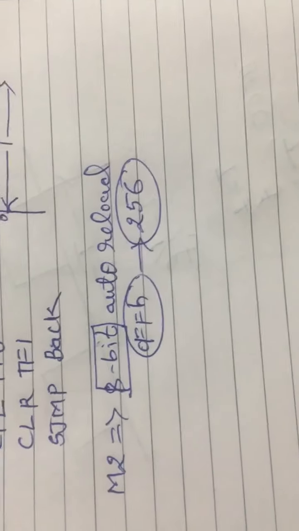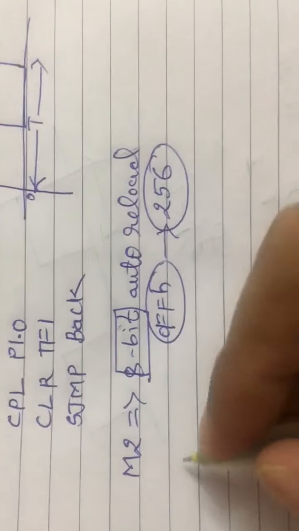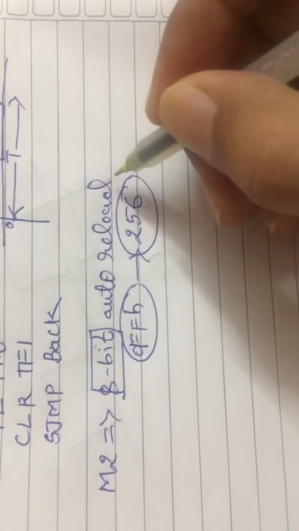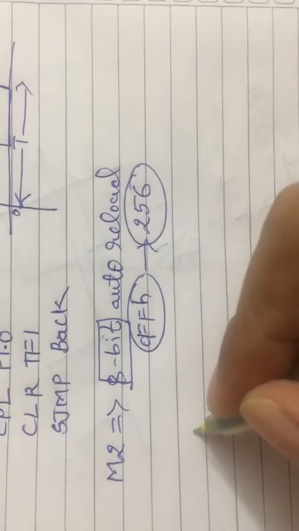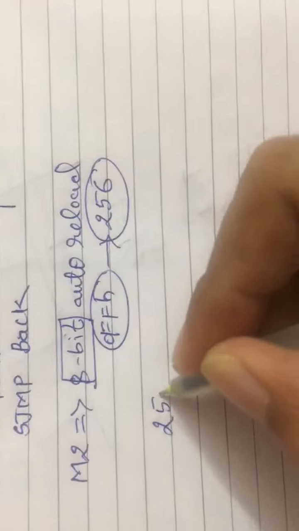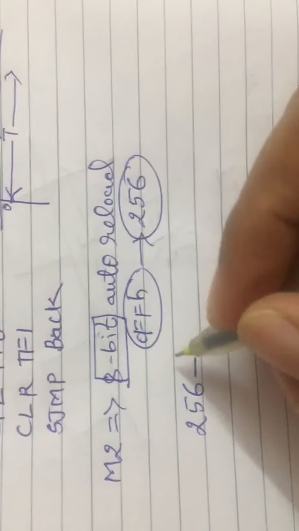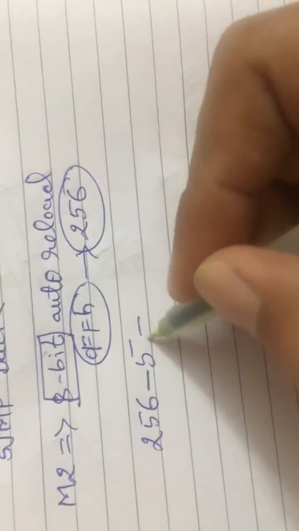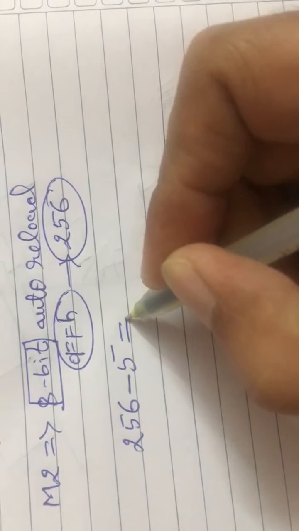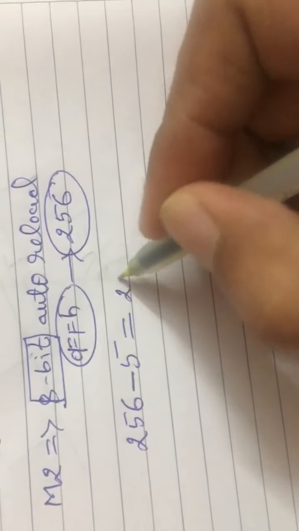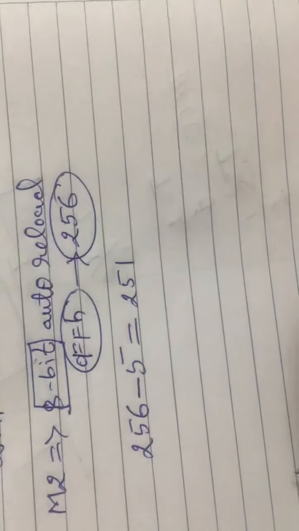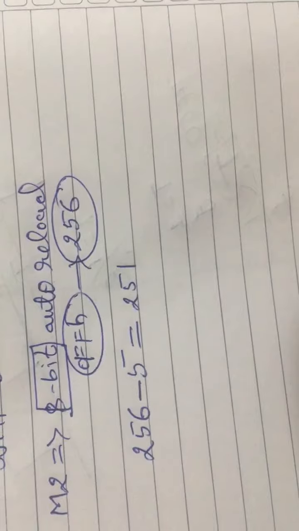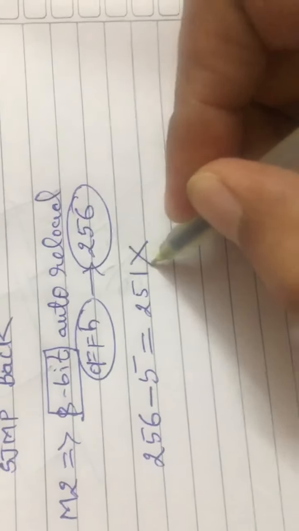So here we need to calculate the frequency now. What is to be done is, actually 255 plus 1 is to be written. So directly what I will do, I will take 256 minus the value of TH1, which is 5, that is to be taken, which is equal to, what will you get, 251 you will get, right? Am I right?